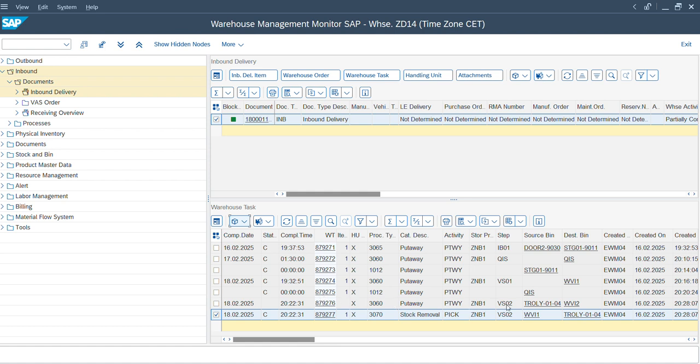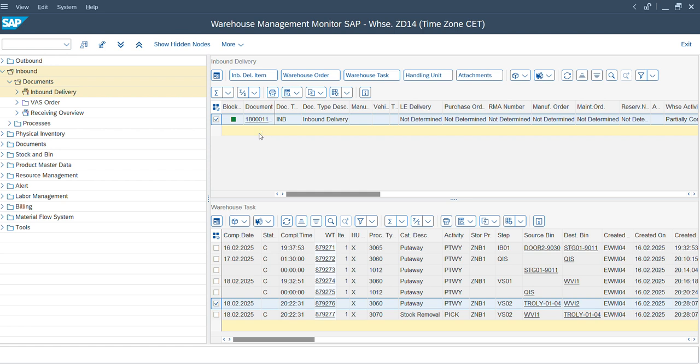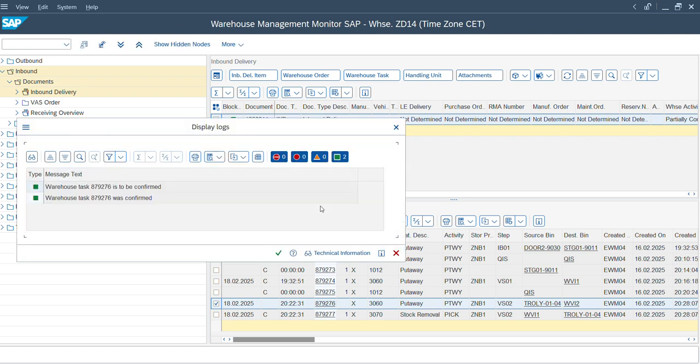So system has replaced the value. Initially it was this one. System has replaced the value with the trolley bin. Now this one is active. So we have already seen a couple of times how we can process the warehouse task on the RFUI, so we will just process it here. Now the HU is moved over to the VAS work center